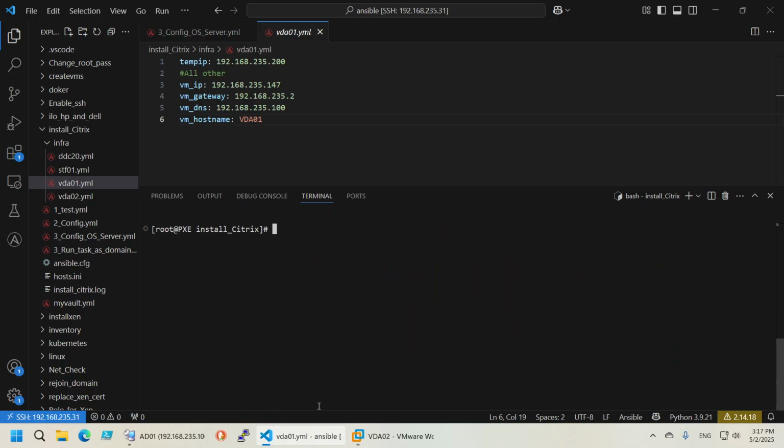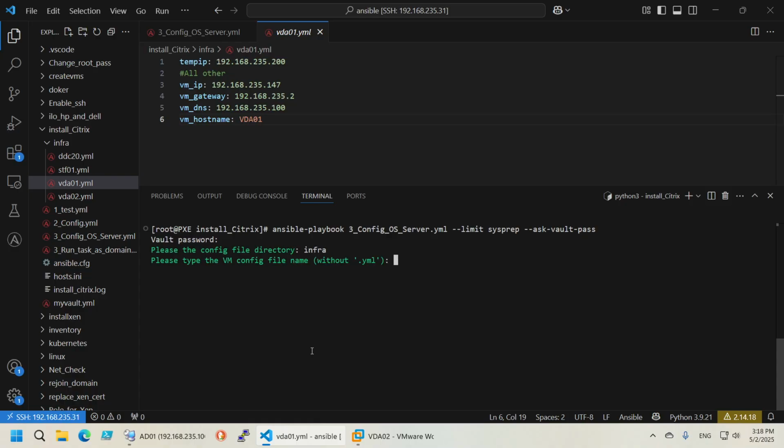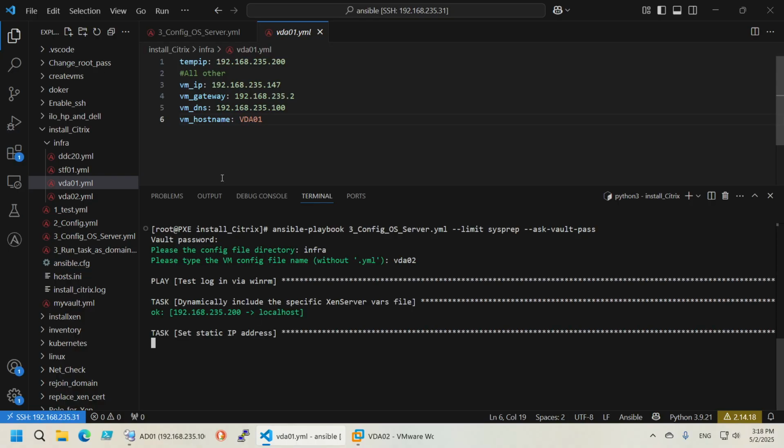So we have to limit for sysprep, limit sysprep, and I will show you why I'm limiting it on sysprep in a second. A02. Okay, so I used limit on sysprep because